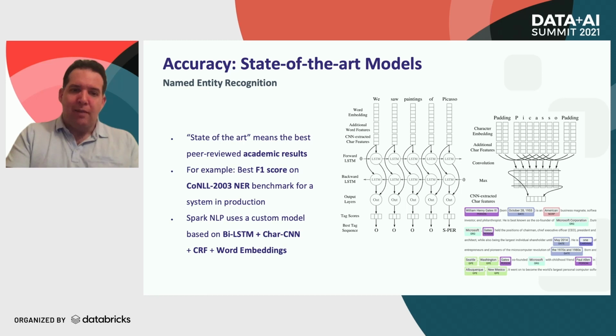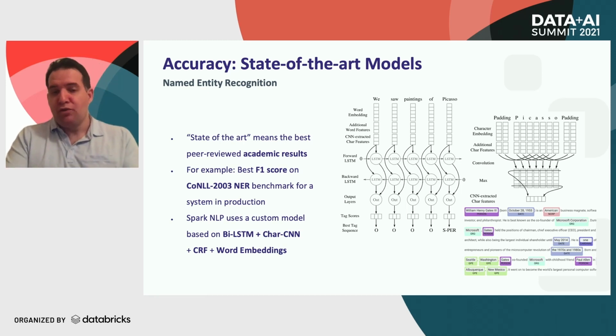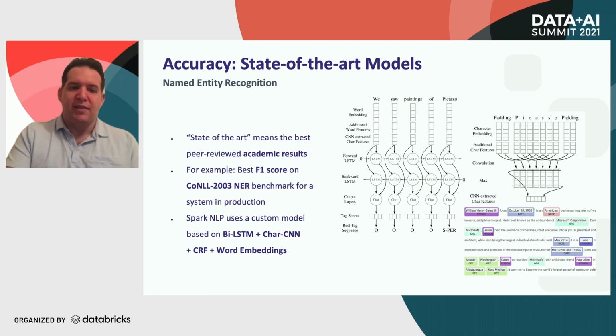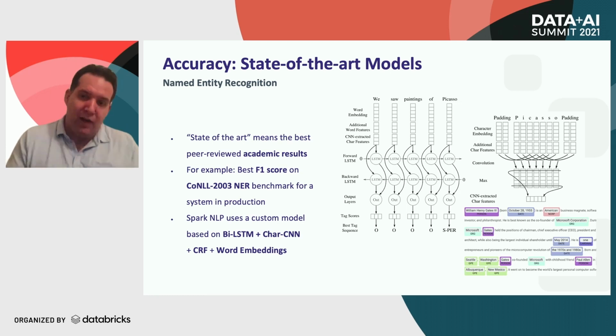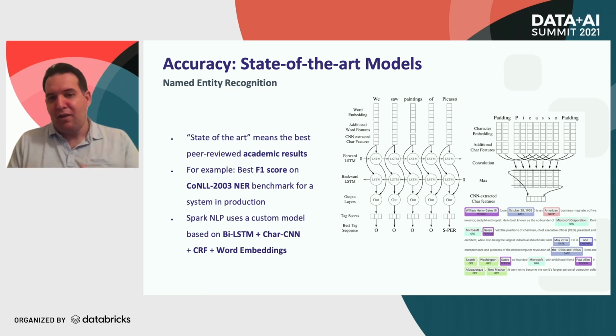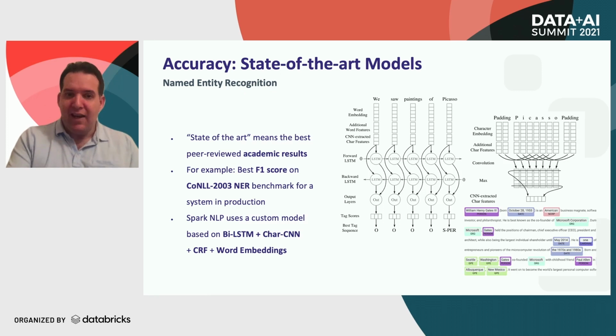For the open source library, really one of the most common use cases, if not the most common use case, is named entity recognition. And the most widely used benchmark is the CoNLL 2003. Spark NLP prides itself on not just having a deep learning implementation, not just having a state-of-the-art deep learning implementation, but actually having a lot of custom features and tricks within that implementation that enables this to really deliver the most accurate